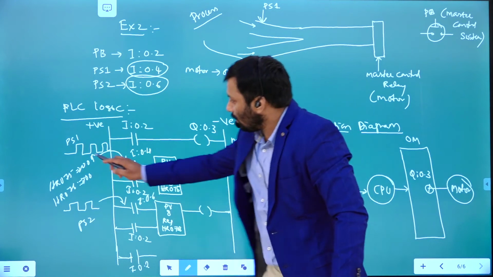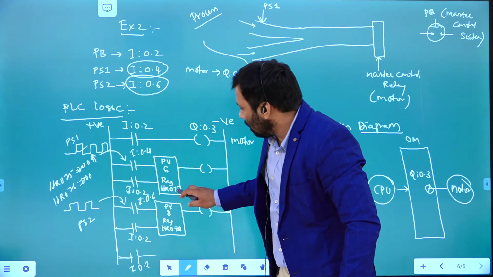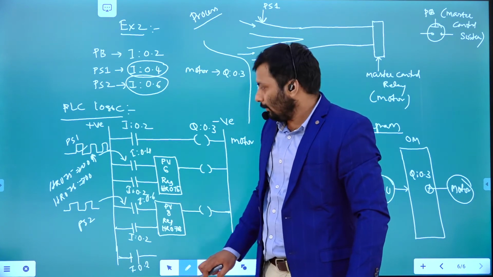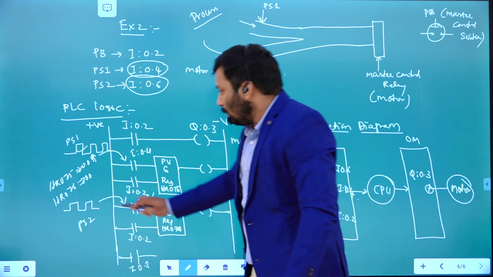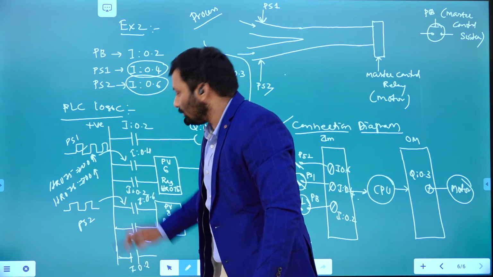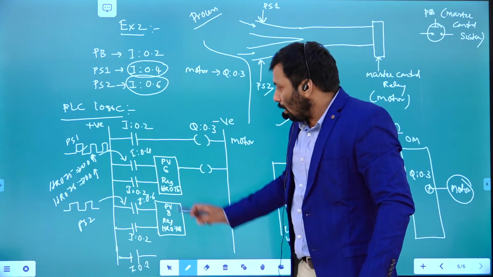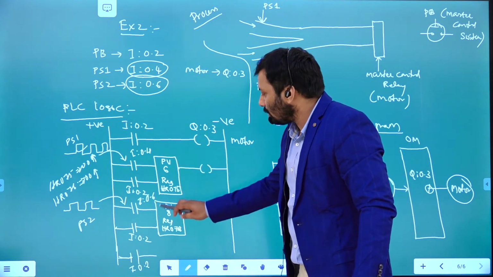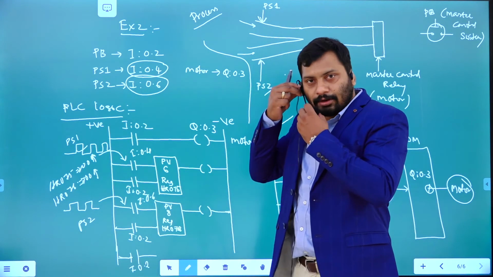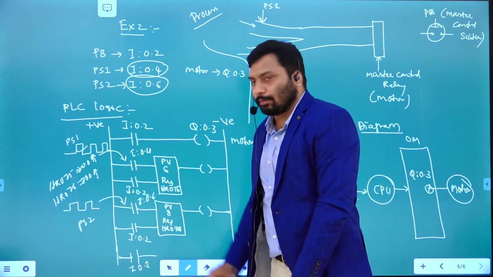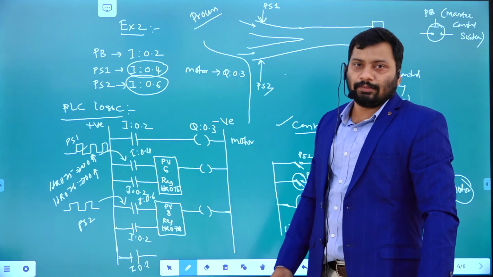For every one pulse from proximity sensor 1, the value present in the holding register 0.75 keeps on incrementing. For every one pulse coming from proximity sensor 2, the holding register value is incremented here. So this is how the counter functions, whether it's counter 1 or counter 2: for every one pulse coming from this input terminal, the value is incremented by 1, like that.